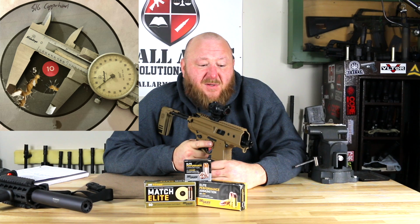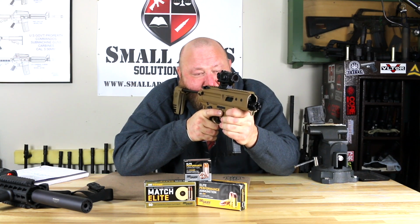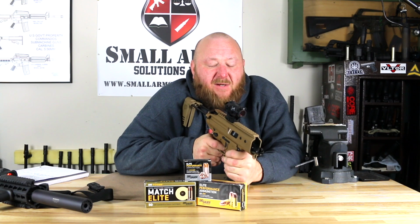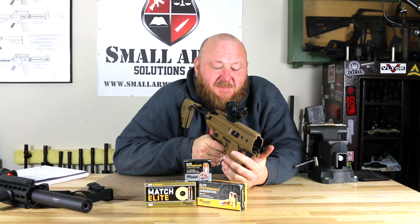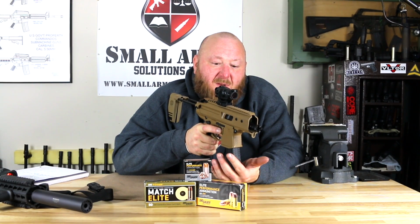Well, as you saw from the video, the thing shot quite well. Due to the fact that ATF now allows you to use the brace as a stock, you get a good solid hold on it, which gives you a good accurate pistol. As far as magazines were concerned, we used both the 20 and a 30. For its design and intent purposes, being the mobility of it,